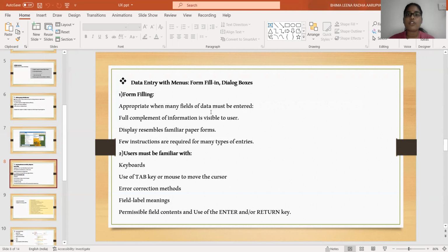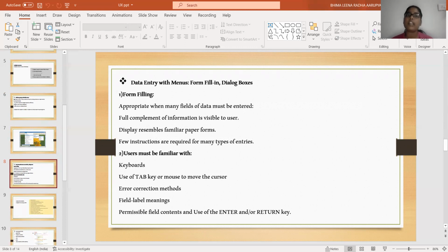Appropriate when many fields of data must be entered. Full complement of information is visible to the user. Display resembles familiar paper forms. A few instructions are required for many types of entries. See, while you're creating a form, or while you're designing a form, you need to follow a certain set of instructions.